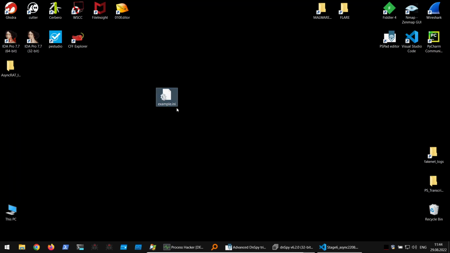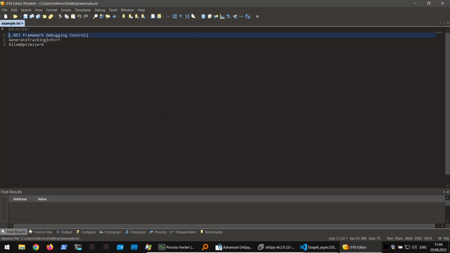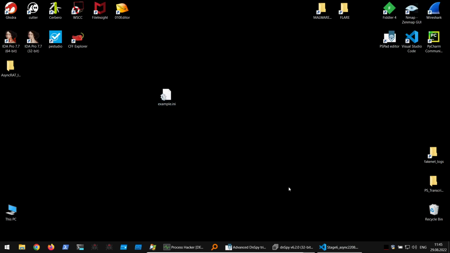Now we have the example ini file here. You can see the settings: .NET Framework debugging, generate tracking info. This one could be avoided because from .NET Framework 2 there is always tracking info generated. So this is not mandatory, but AllowOptimize has to be specified, because the 0 here will disable the optimization of the specified module name. So okay, as we know the name,